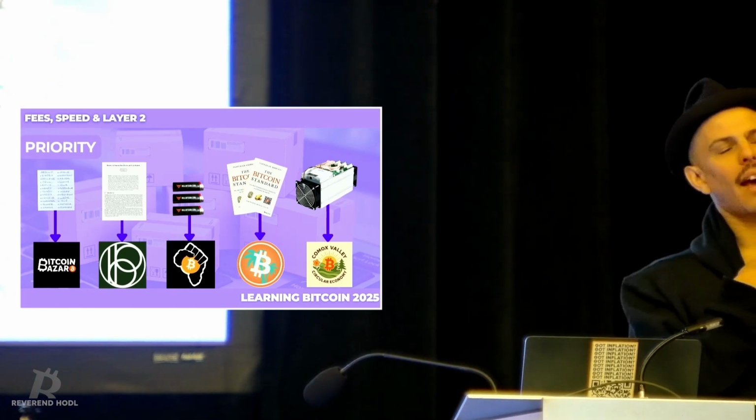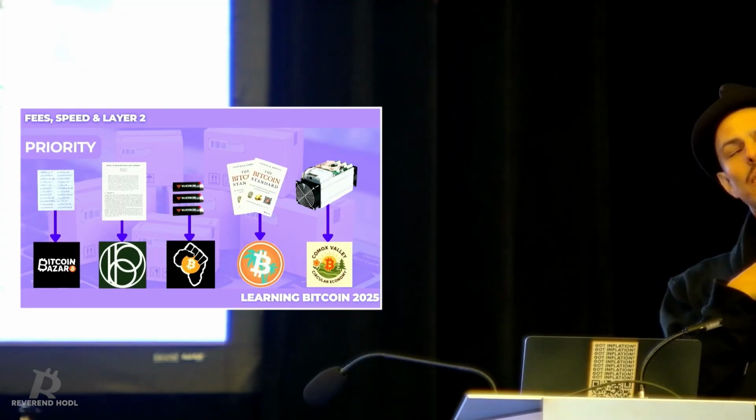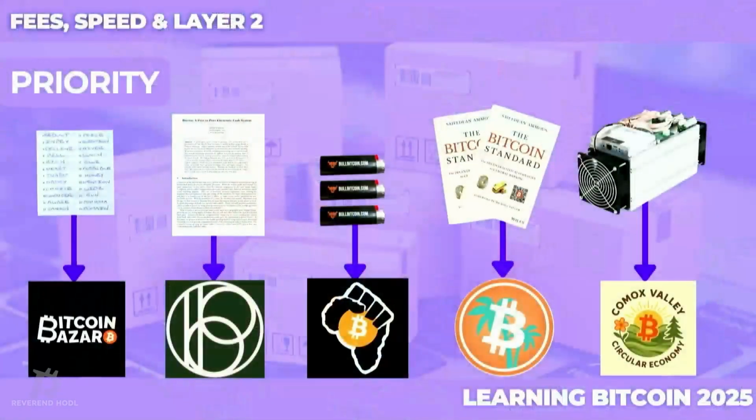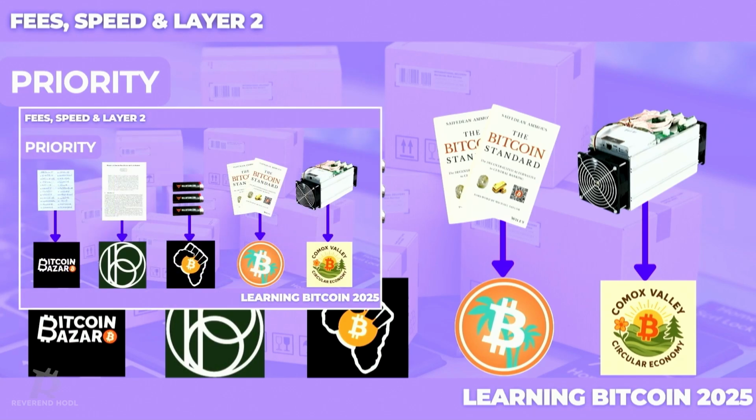I always like teaching second things throughout my activities. So at the bottom here, we have 5 different Bitcoin projects across the world. On the left, we have the Bitcoin Bazaar in Paris. After that, we have Bitcoin Park in Nashville, Tennessee. After that, we have Bitcoin Akazi in South Africa. And then we have the Bitcoin Jungle in Costa Rica. And finally, we have more local, Comex Valley on the island of Vancouver.